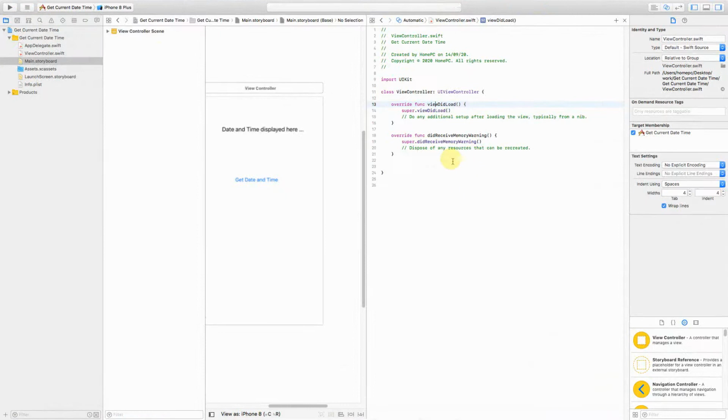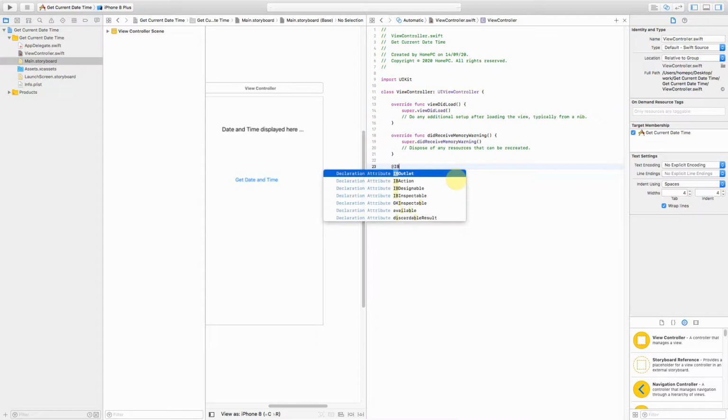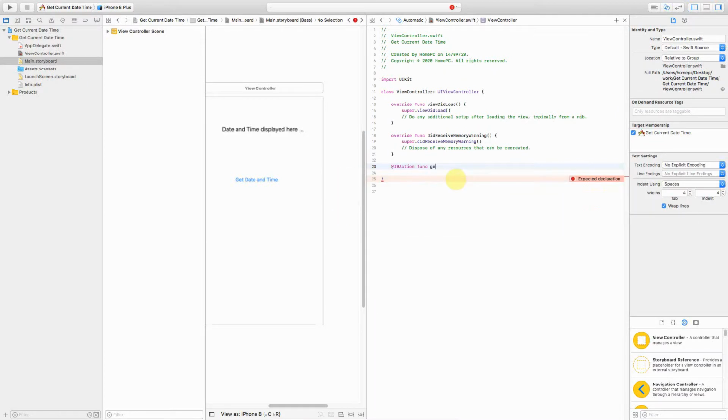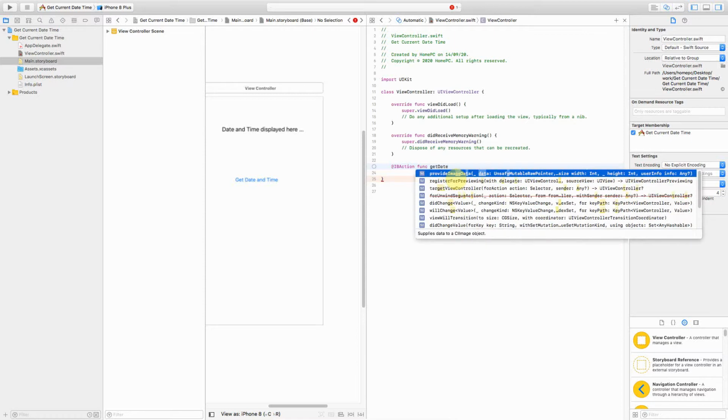Okay, so now what we can do over here is first create an IBAction function, our Interface Builder function, which will be associated with our button later on. So let's create that quickly. IBAction function. You can name this method anything.